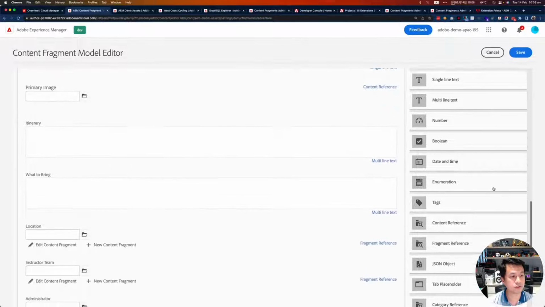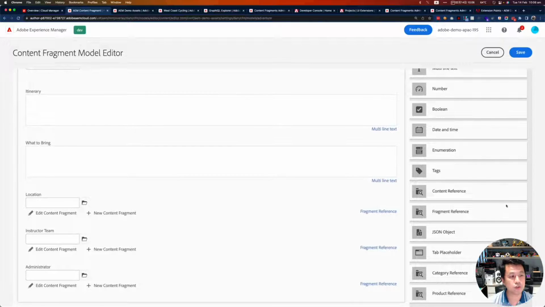But what you can also notice is we've added many new field types here, which allow you to add different types of fields. For example, now you can differentiate the references within your content fragment model. If you want to link to an asset, I suggest you use the content reference.